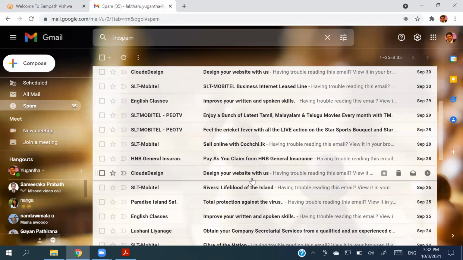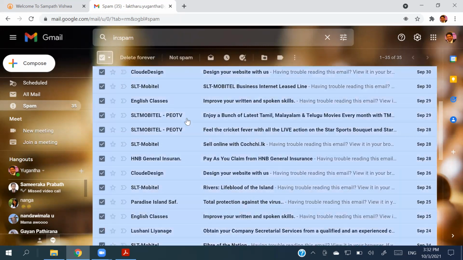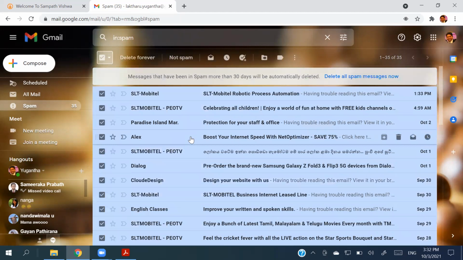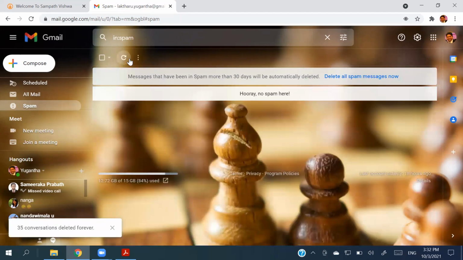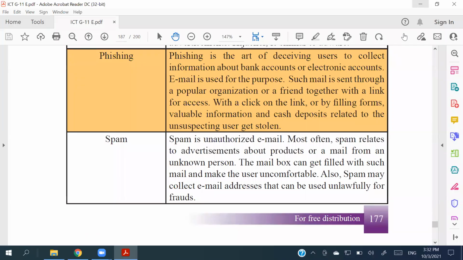Most of these messages belong to telecommunication things, and most are marketing based messages. But I really don't know who the senders are, so I'm not opening any of these. If I don't know who has sent this to me, I just delete it forever, right? So it won't be moved to my trash, it will be deleted. And that is the best practice that you can keep. Since we don't know who has sent that, we can delete it.